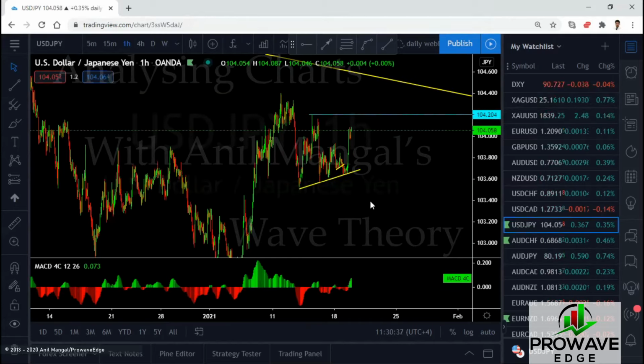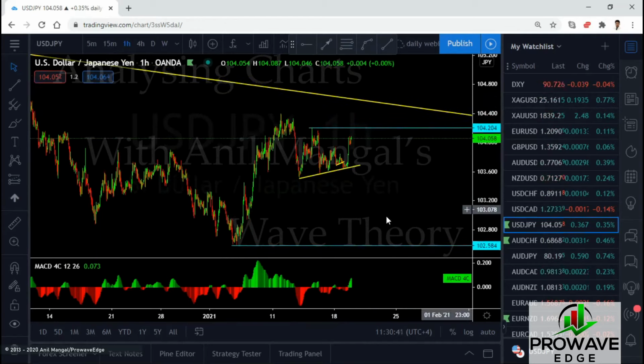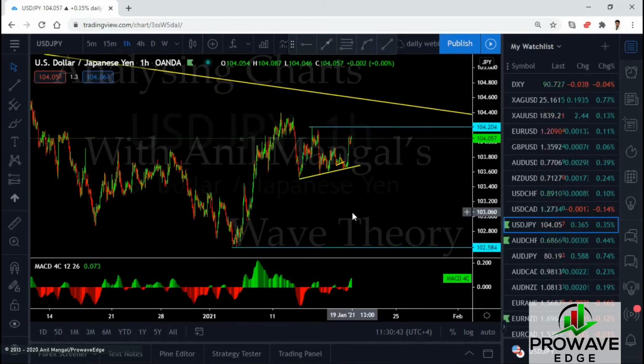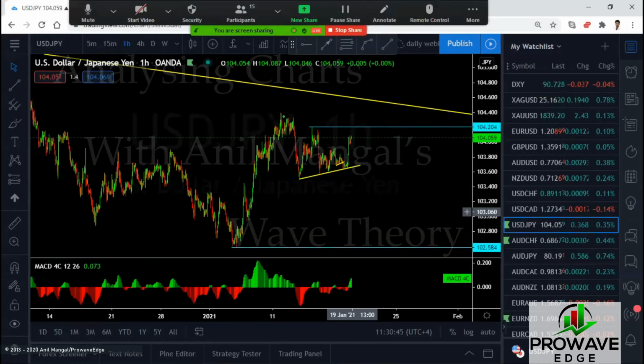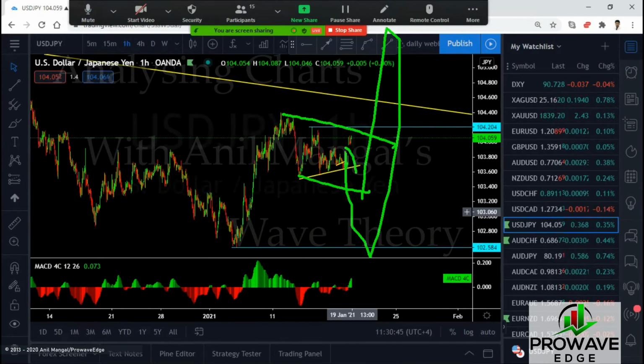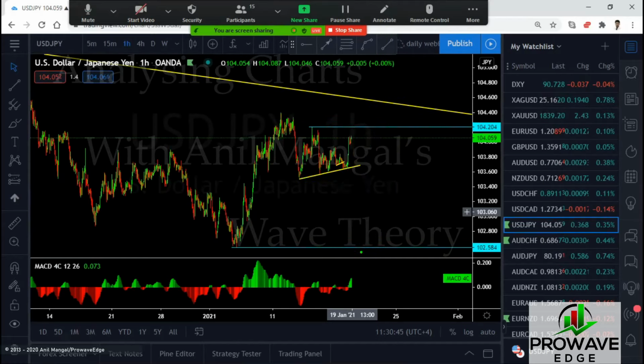I showed you the big picture in yen yesterday where it is absolutely going to go up. And I mean absolutely it will go up. So the question is, is it going to consolidate here and then go up? Sorry, let me erase that. Are they going to consolidate here and then go up? Or are they going to drop below the low and then go up? That's the only question we have.